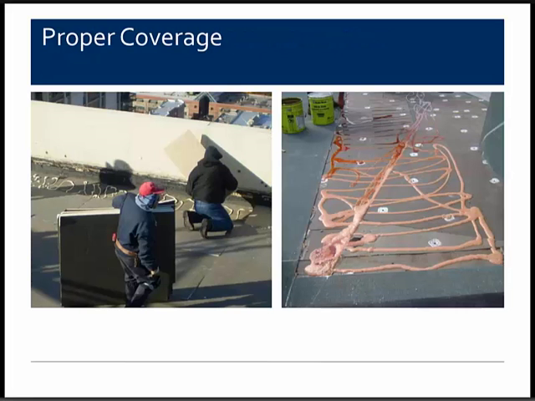Other installation factors that affect performance are proper coverage rates. Depending on the dispensing methods for the materials that you're installing, you want to make sure that you get the proper rates of coverage to resist the uplift performance of the roof assembly. You want to ask yourself, is the spacing adequate for the proper adhesion to withstand the designs or any kind